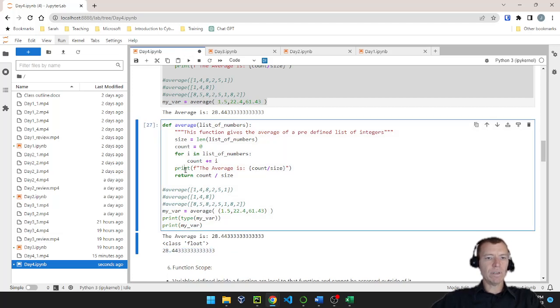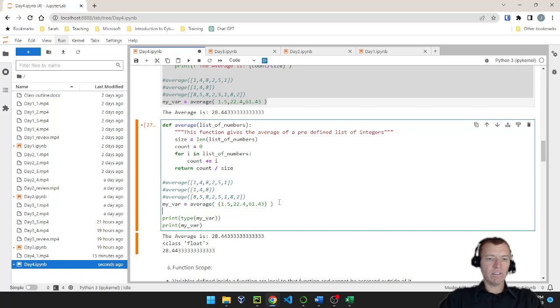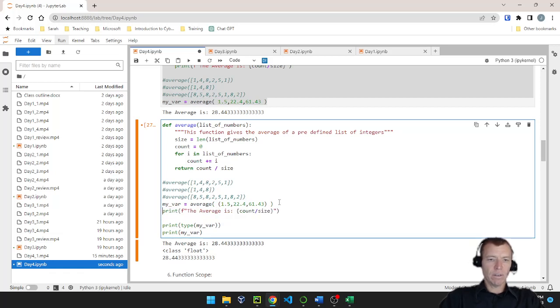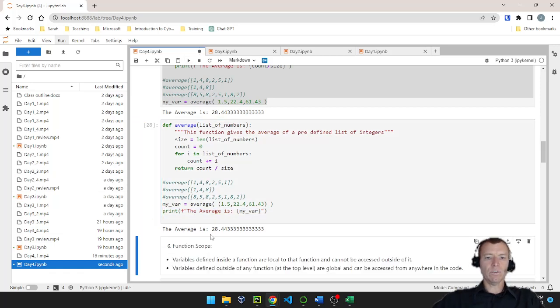So now I don't typically want to put print statements. I mean, you can put print statements in your function, but that's not the norm because that could dirty your output. The better approach is to do something along the lines of this, right? And then instead of doing count divided by size, because those don't exist in the main code, those exist in our function, I can print out myvar. And I don't need these 2 statements. We'll go ahead and print that out, and you'll see that we get the same functionality, but it's a little